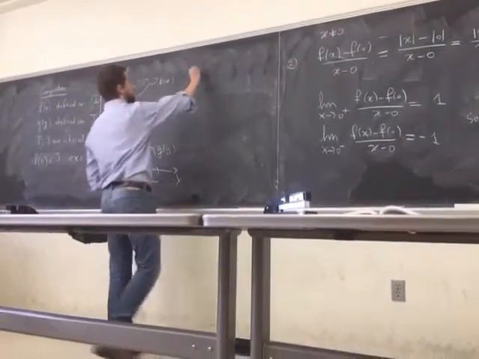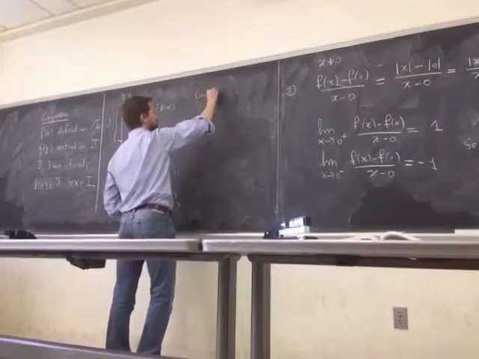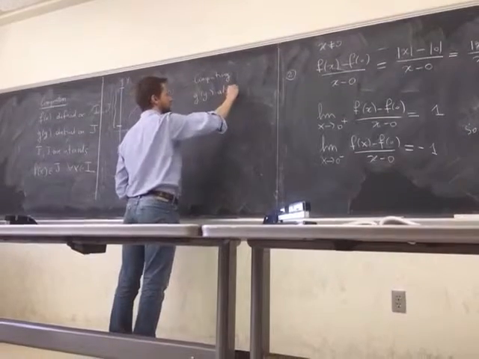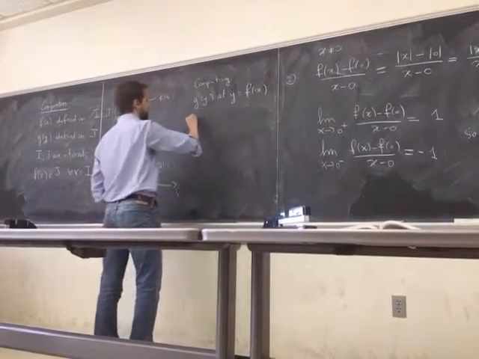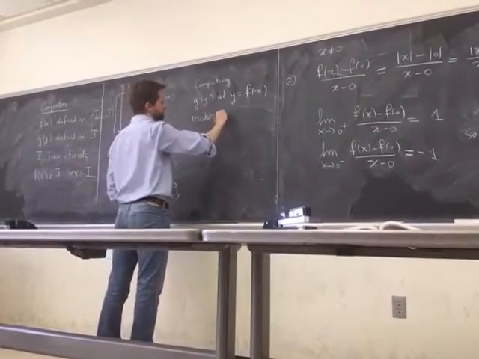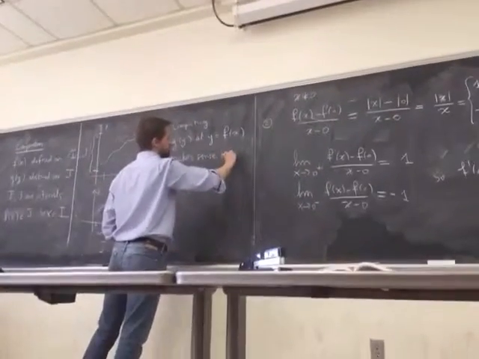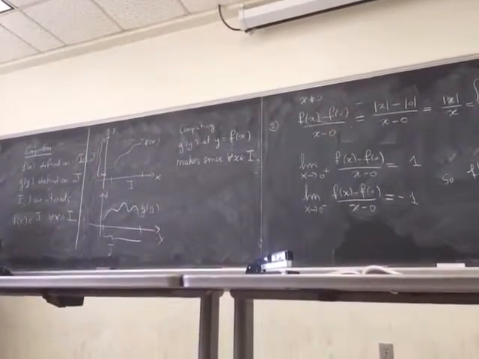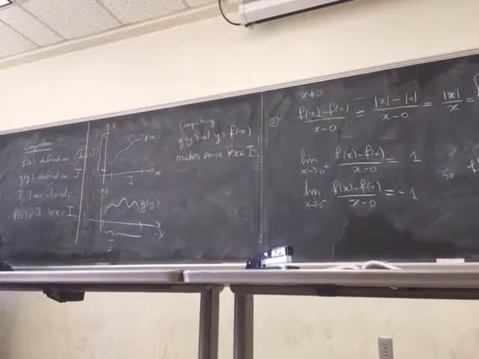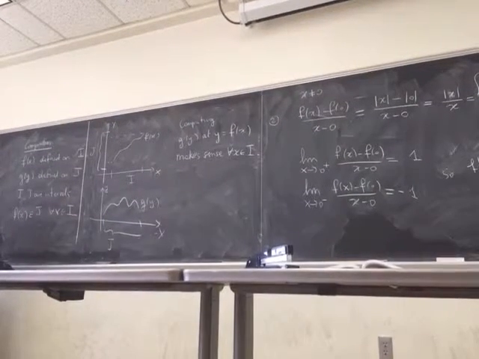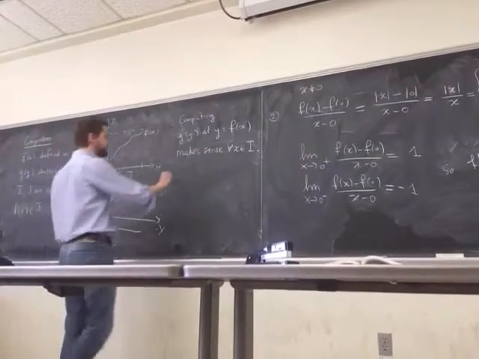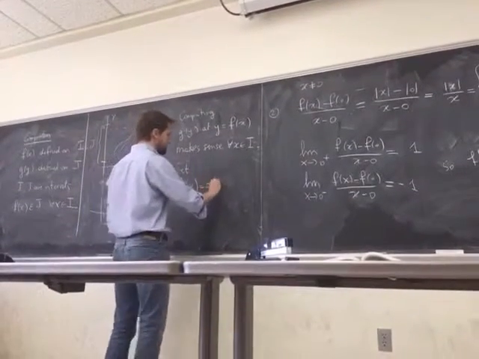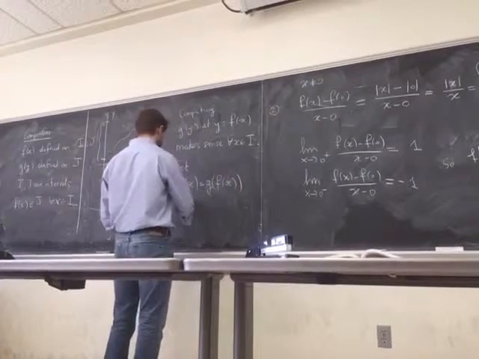So computing g of y at y equal to f of x makes sense for every x in the interval I, right? It's a well-designed machine. So for every x in I, compute f of x, I end up in J, and g is defined at every point of J. So I can compute g of f of x. It's automatic. I can do that. Okay? So I set h of x equal to g of f of x for